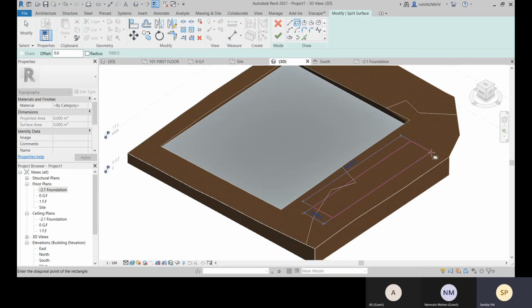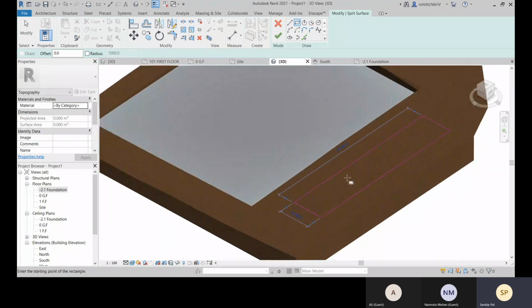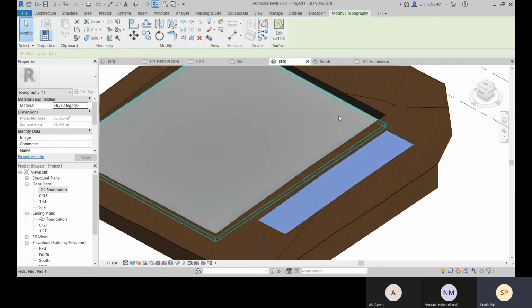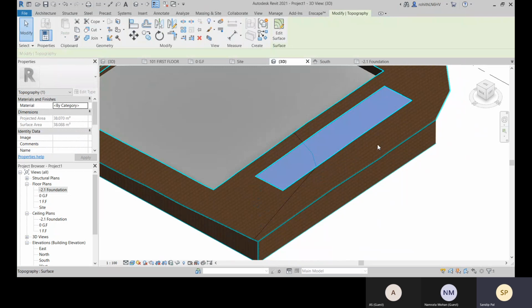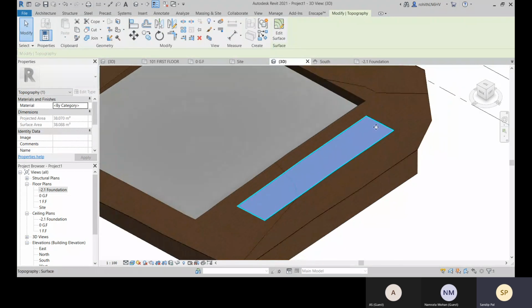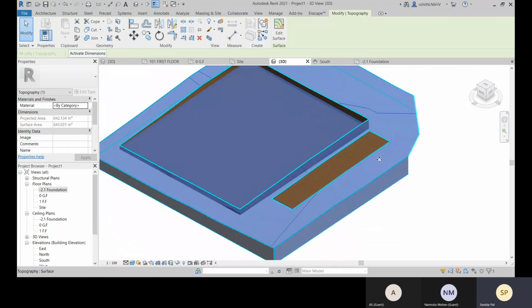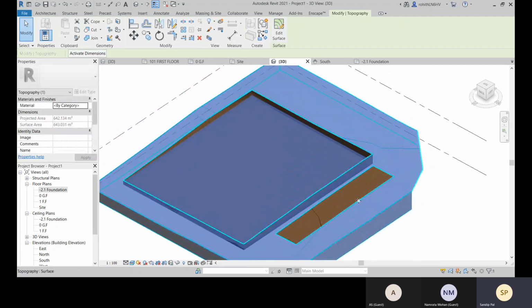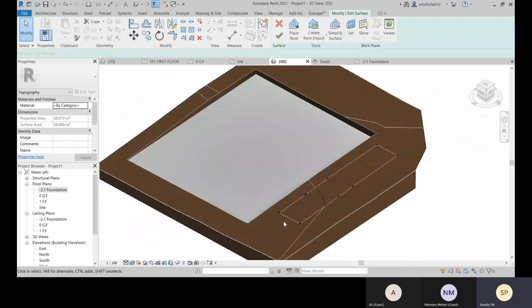Maybe I can face an error because it's not splitting this surface. So here you can see, this surface is properly done. We have properly divided this surface. For this you can change it after that also.